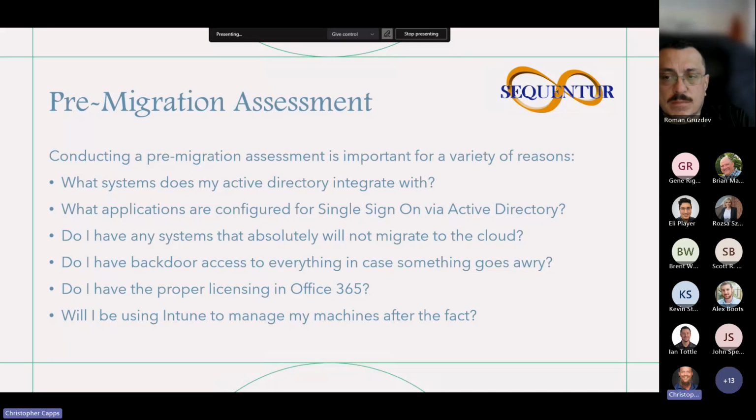Yeah, absolutely. So you can and should still move your machines to Azure Active Directory into an Azure AD joined status. This is kind of the ultimate ownership, if you will, of the machine. You can also enroll these machines into Intune. Anything that you have that exists on the Active Directory infrastructure should be moved, simply because once Active Directory is gone, that authentication mechanism is gone. So you want to make sure, and back to the bullet about the backdoor access, you want to make sure that you can get in even when Active Directory is turned off.